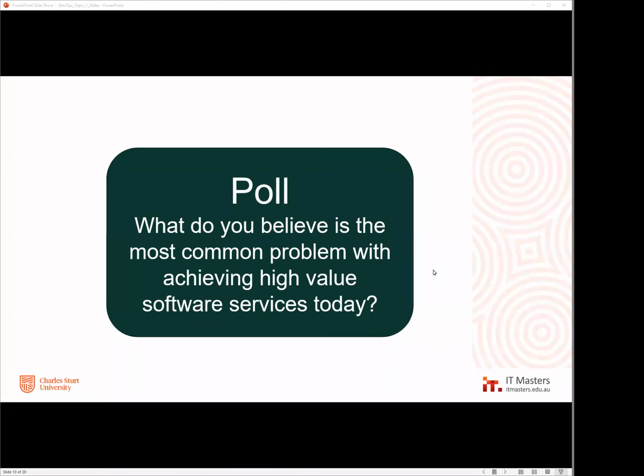Thank you. So the question is, what do you believe is the most common problem with achieving high-value software services today? And we've got options, which are: the devs don't try hard enough to make sure their stuff works reliably; the devs do try, but they're so limited by low resources or high expectations; devs and ops share equal blame as neither work closely enough together to help each other succeed; ops try to make new stuff work, but are under-resourced or have unrealistic demands of reliability; ops are more concerned about uptime of yesterday's stuff than letting tomorrow's stuff get deployed; or I have little idea why it's so hard for either team.